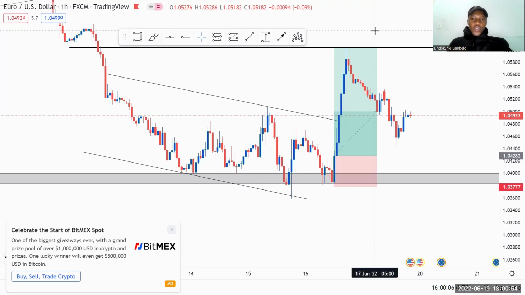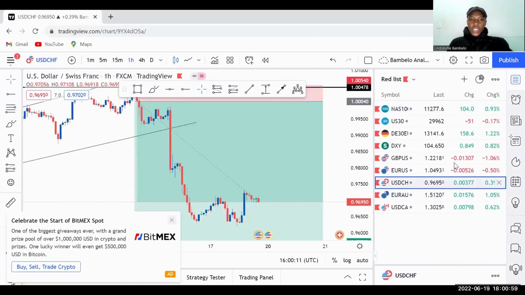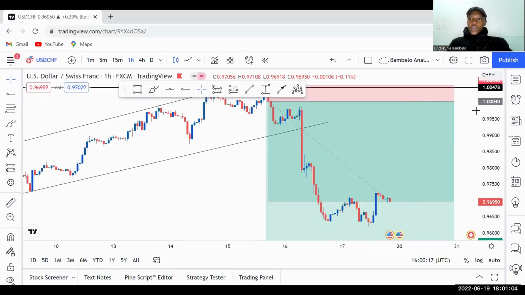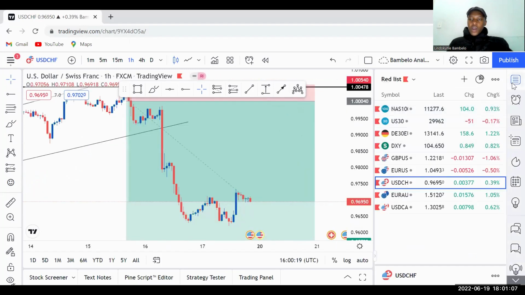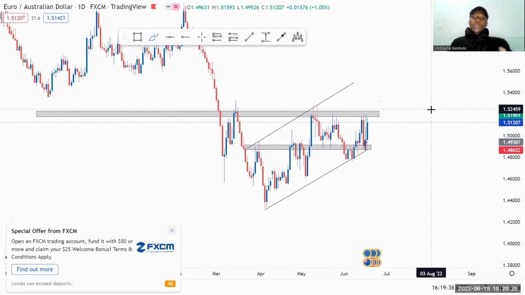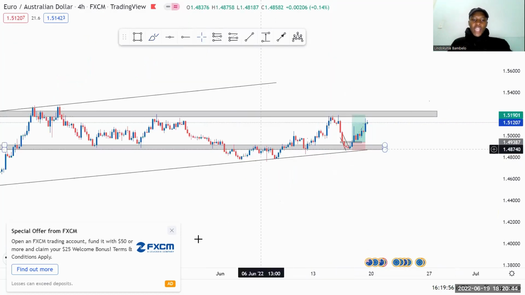Moving on now to the next pair, I would say USD Swiss francs. On USD Swiss francs, I will also show you how, but at the time the price was somewhere around about here. Understanding that I was still in a bullish trend, I was looking for buying opportunities. How will I find those buying opportunities? By going to the lower time frames so that I can find entries. So going into the 4-hour time frame, I saw that, okay,